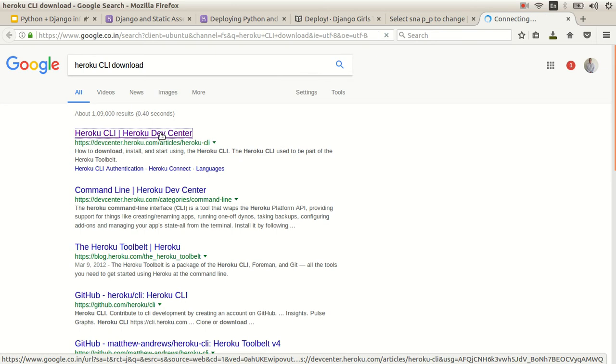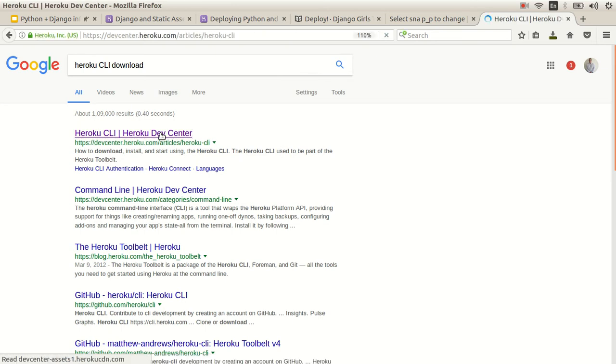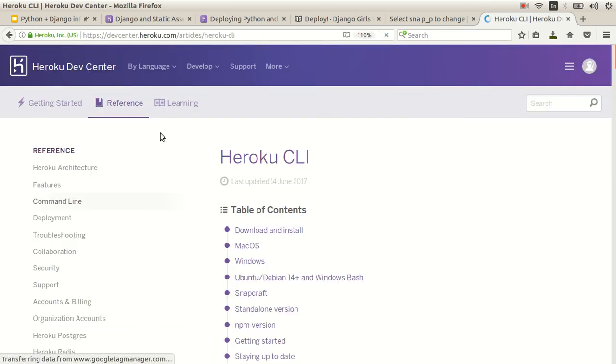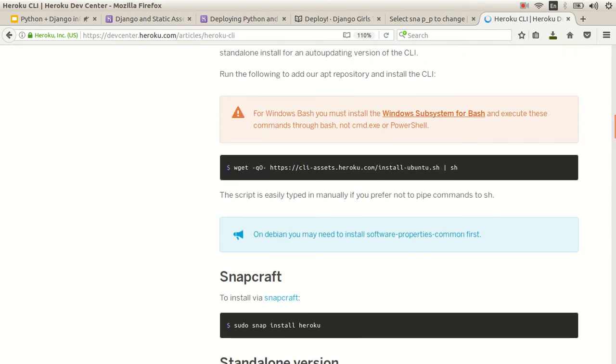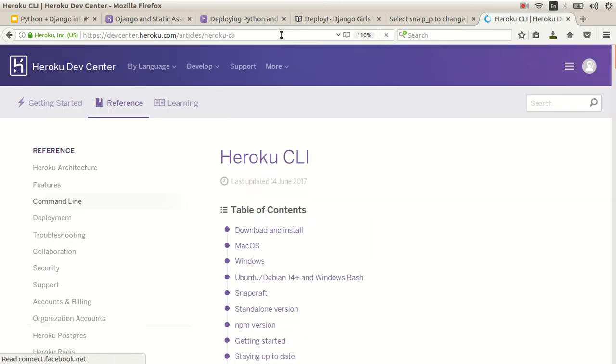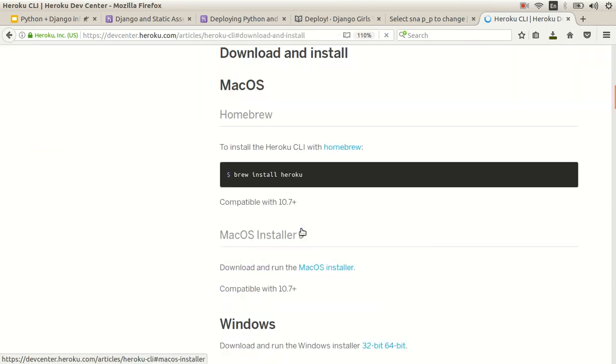So what exactly is it, and how to download and install? Depending on what OS you are on,